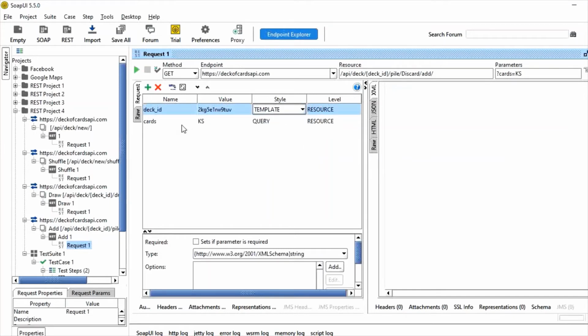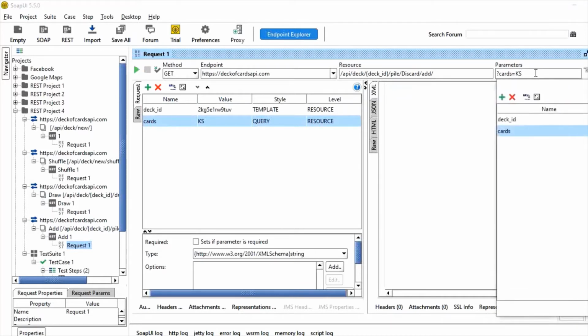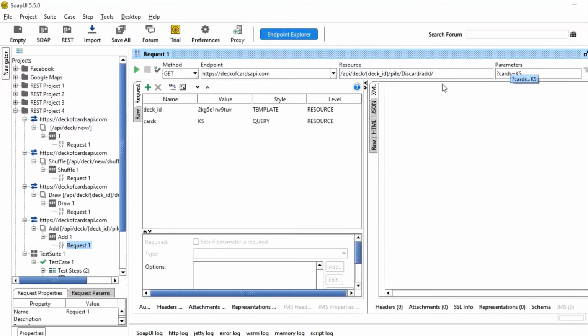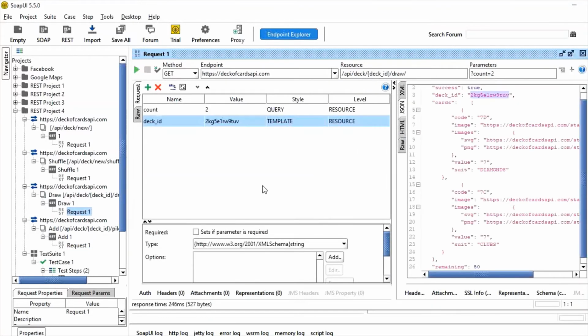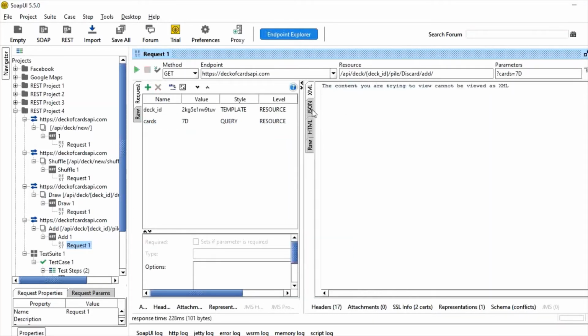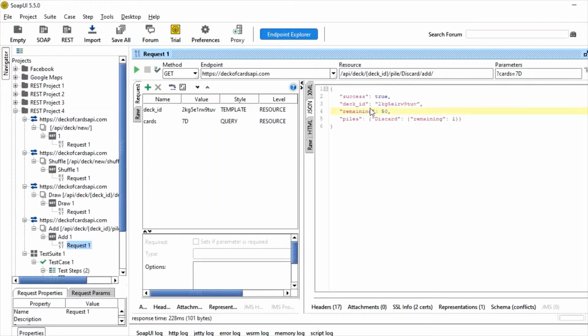So next one is card. Card, here we are passing the code of the card, which is a king spade. We can either use this, or in the draw request 2 cards are drawn, 7D and 7C. We can either pass this code as well. So let us pass 7D here. Okay, now JSON response. See, the card is discarded,